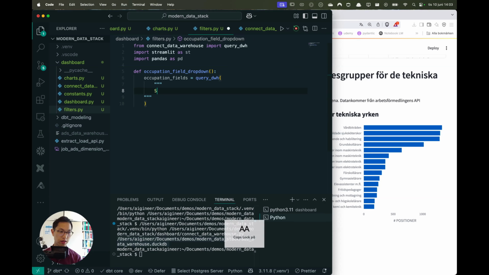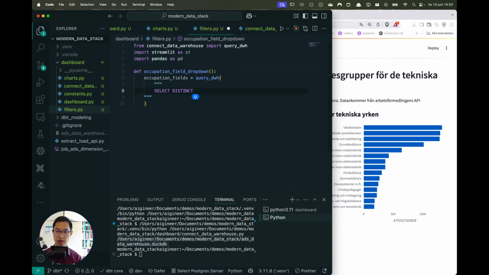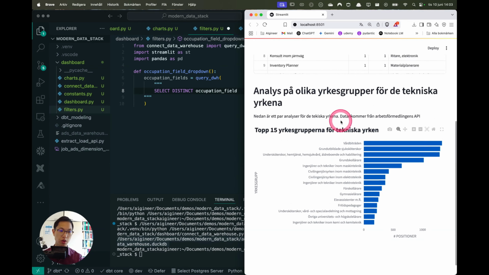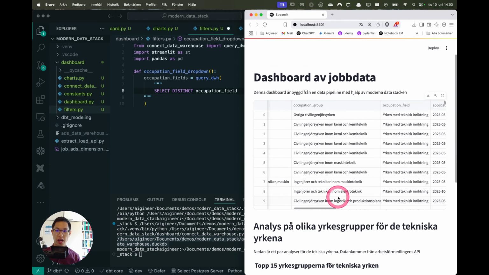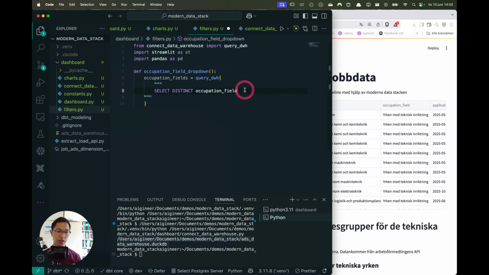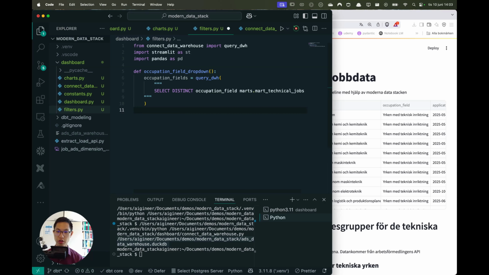Select distinct occupation field, because we want to pick out the occupation fields, right? Here's the occupation fields. And we want to pick out the distinct from that one. So mart technical jobs. So I pick that out,